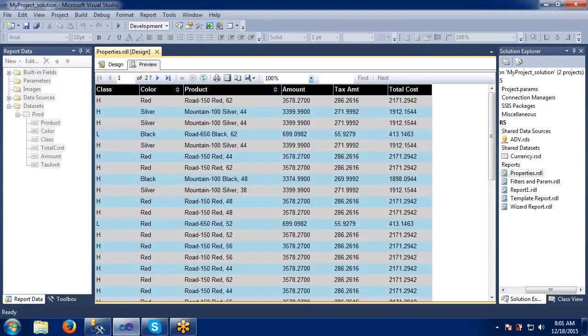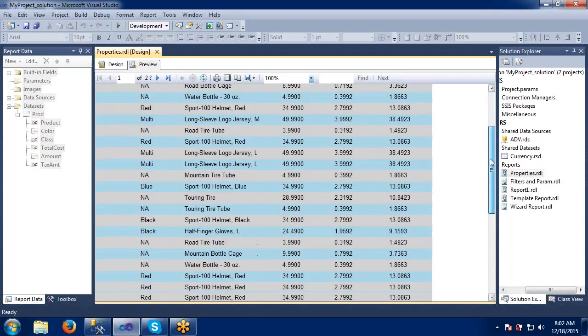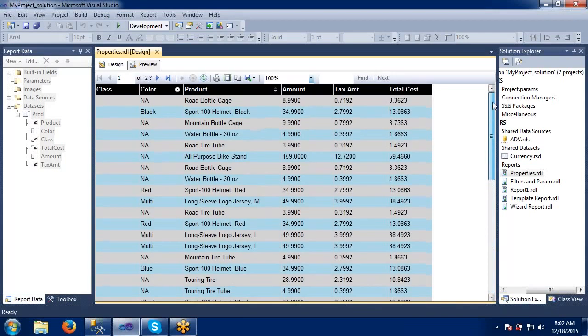See this one. Till now it was showing something based on the HLMN, right? Now I am going to sort based on this color. By default it is showing some class, based on the class I have selected. That's why it is giving some blank here.